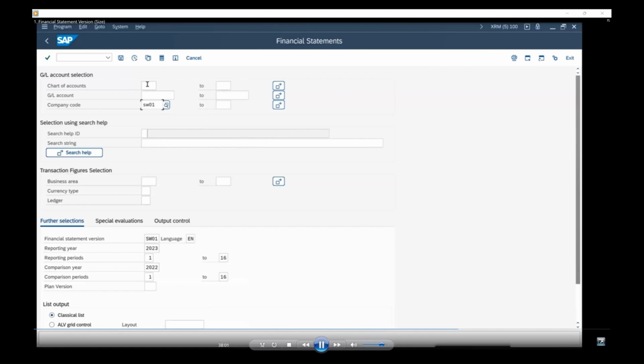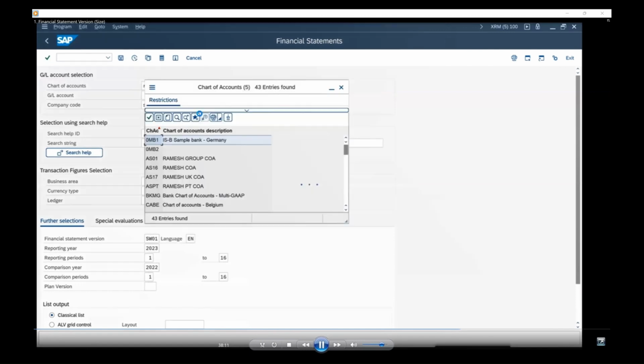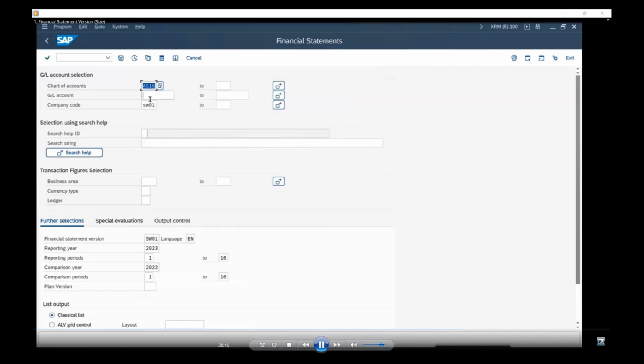Okay, so our company code is SW01, and I think chart of account is RS16, right? We did not find any matches. Right, it's AS16, and company code is SW01. So financial statement version is SW01, which we just created. So when we say system, show the report to me in the financial statement version SW01, system will line